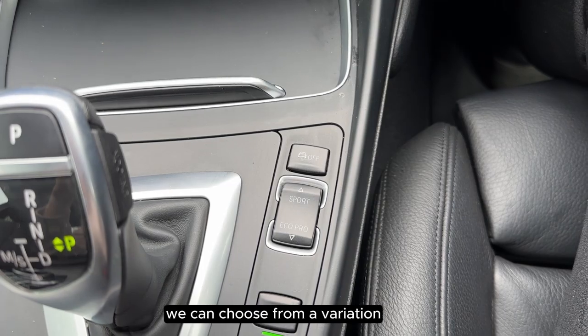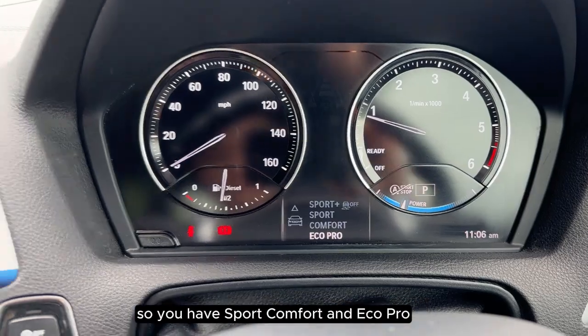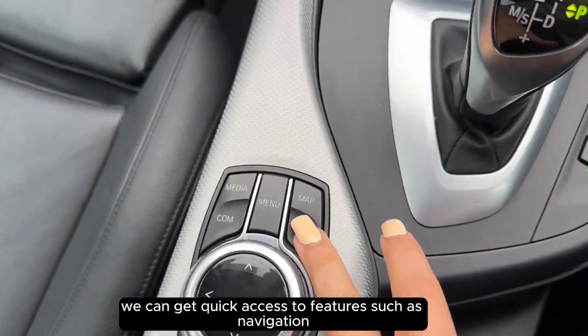We can choose from a variation of different driving modes. So you have Sport, Comfort and Eco Pro. We can get quick access to features such as navigation,